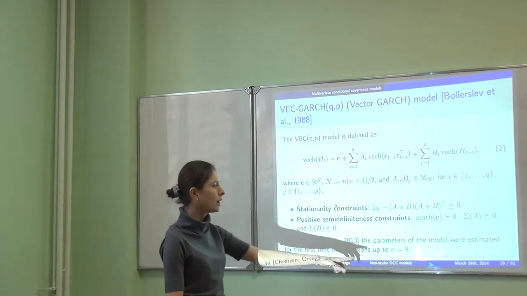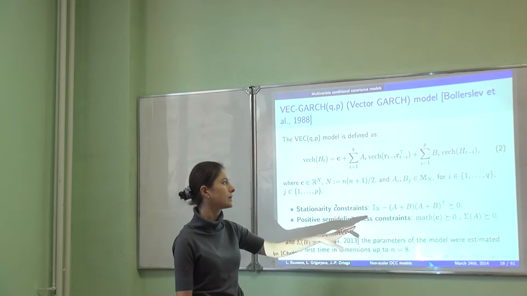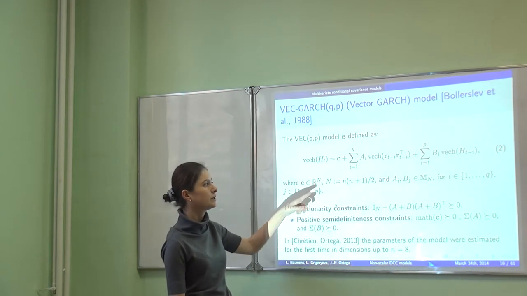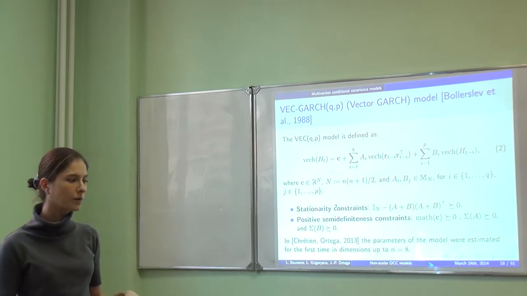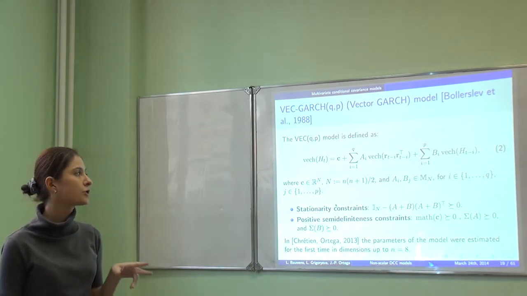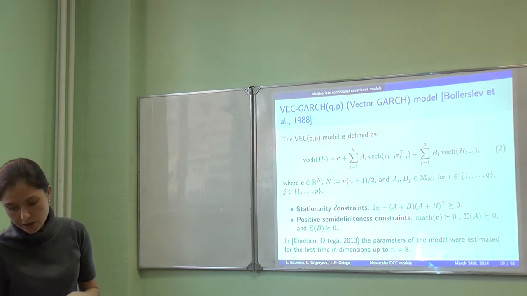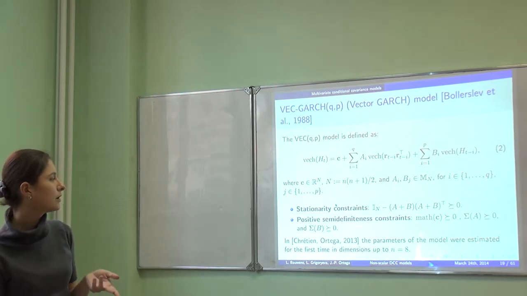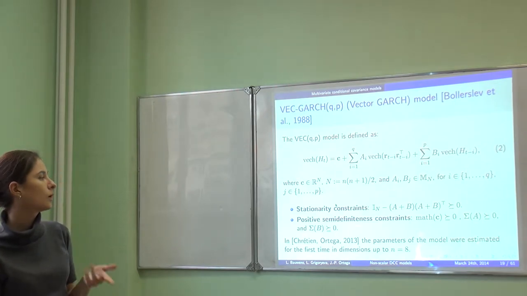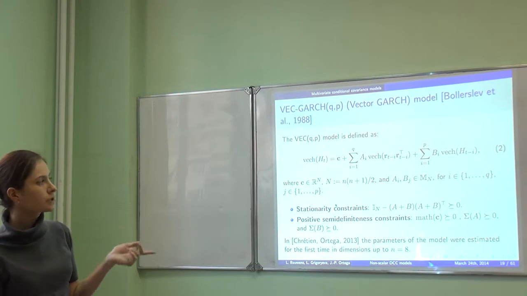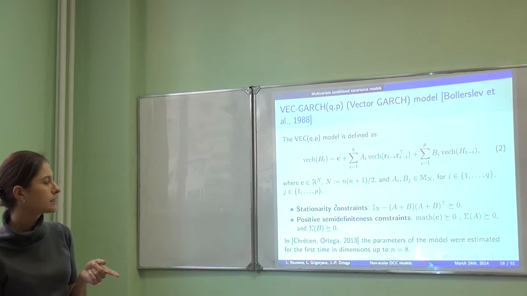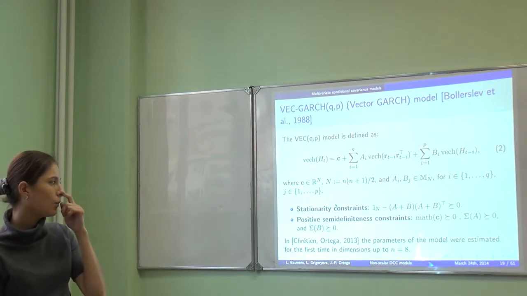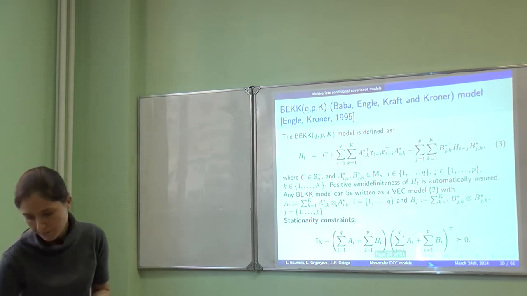So they managed to go up to N8, which is already quite something, because if you just count the dimensionality of such a problem, you can see that we are stuck with the so-called curse of dimensionality. So this method that I'm going to give you some more details about was actually very successfully used in this setup, and this is something that we generalized and used in the scope of DCC models.